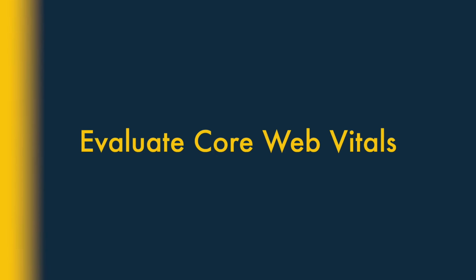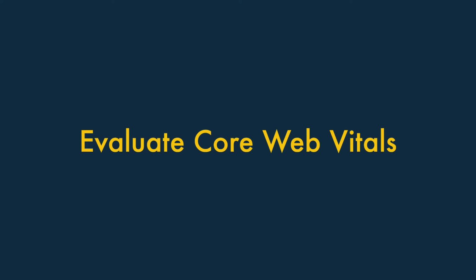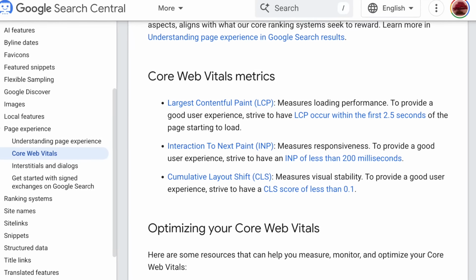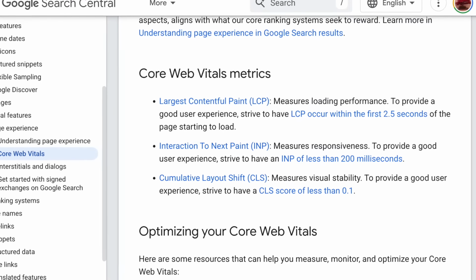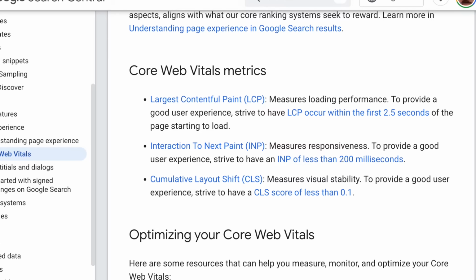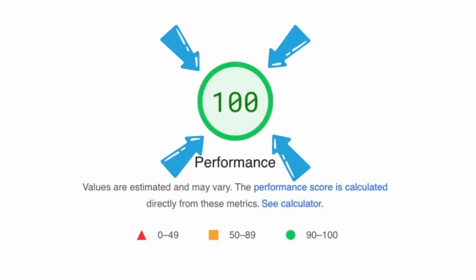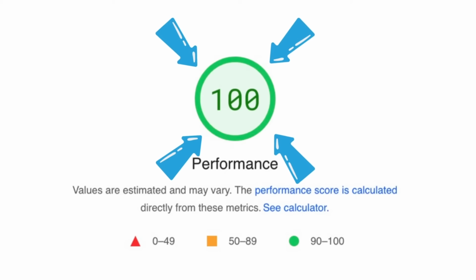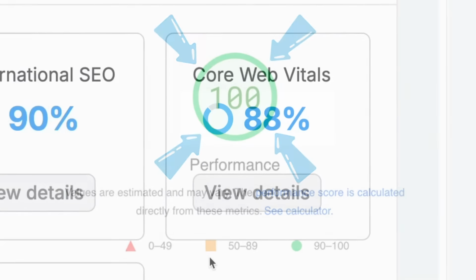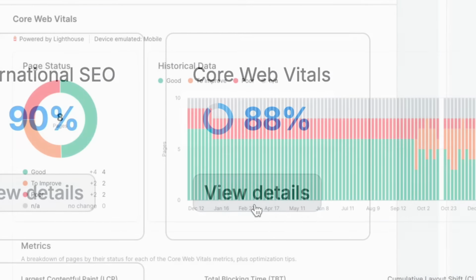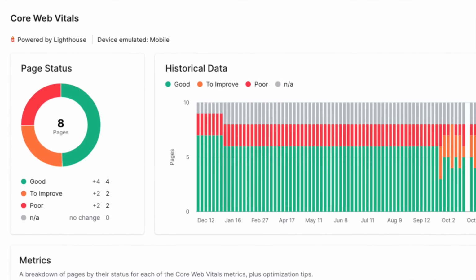5. Evaluate Core Web Vitals. Core Web Vitals, CWV, are a set of metrics created by Google that measure how fast, stable, and responsive your website feels to users. Sites that perform well on all 3 fronts can benefit from a ranking boost. To see if you're meeting Google's expectations here, go to your SEMrush Site Audit's Core Web Vitals section, where you'll